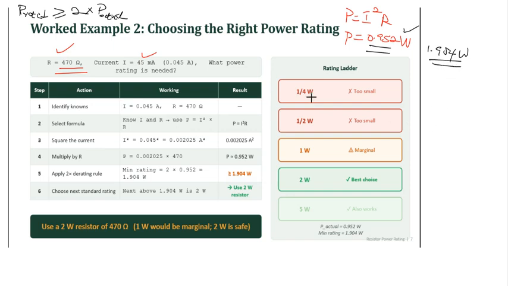So this means that the rated power I'm going to choose, P rated, should be at least greater than or equal to